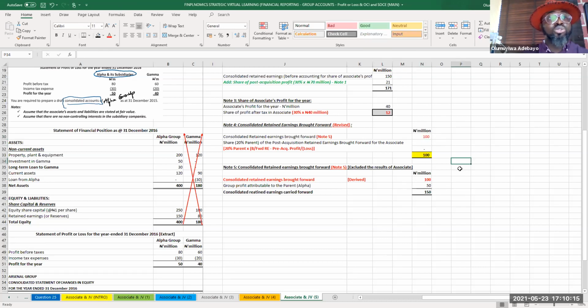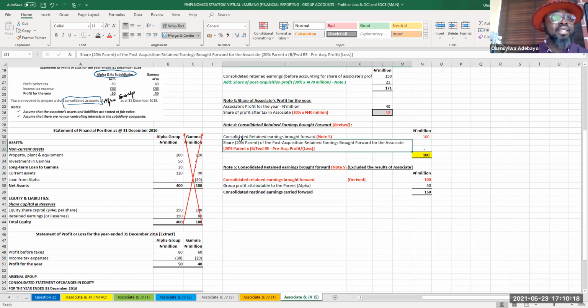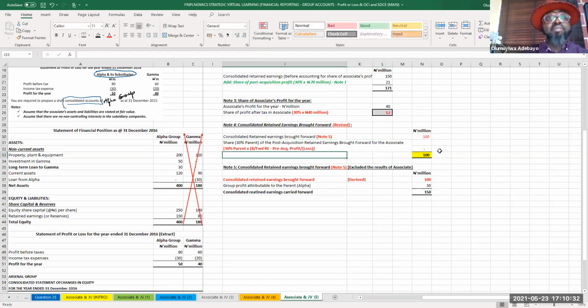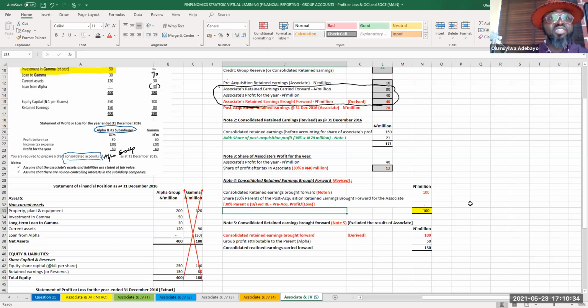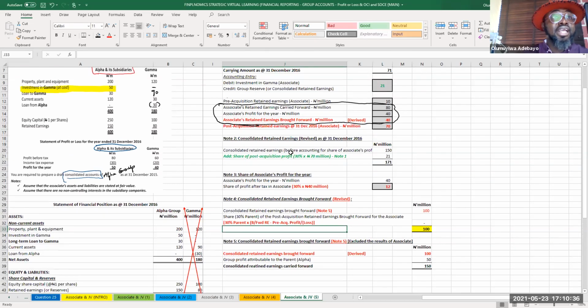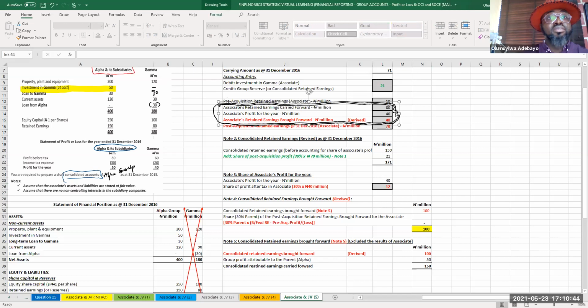Now, doing so, I needed to share 30% stake of the parent who is an investor in the post-acquisition retained earnings brought forward for the what? Associates. I remember what is the result brought forward for the associates. The associate has carried forward, this is a brought forward for the associate, 40. Now, out of this 40,